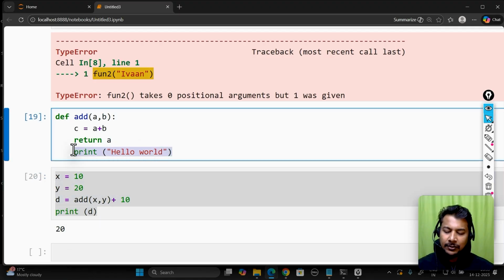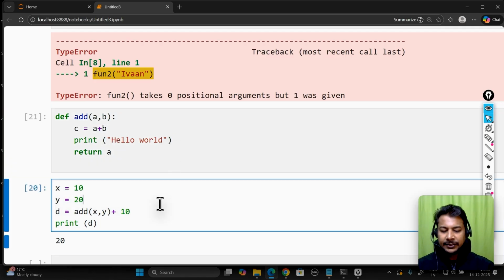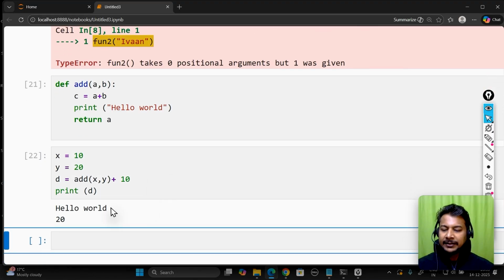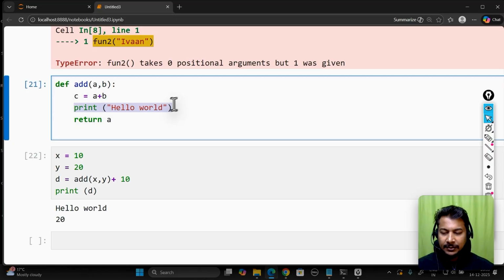But if I put this hello world here, then run it, and then run it here. Now I can see I'm getting the hello world statement and 20 result. Hello world statement this time is coming before the return statement. But whatever is after the return statement, the interpreter will not execute, because the return is a final result of the